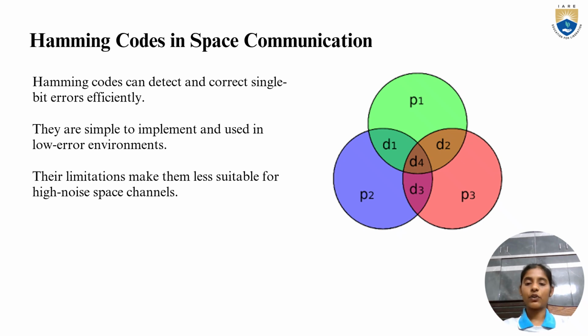Applications in space communication. NASA's Voyager mission: Hamming codes were used in the Voyager 1 and 2 missions to ensure reliable communication with Earth. Hamming codes are used in satellite communication systems to correct errors caused by attenuation and interference. Hamming codes are used in various space exploration missions, such as the Mars Curiosity rover, to ensure reliable